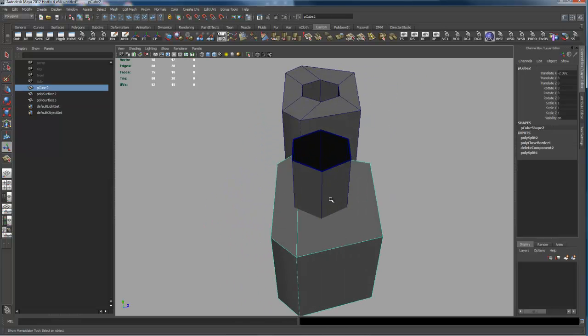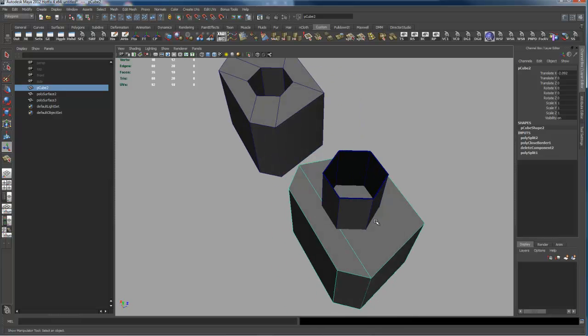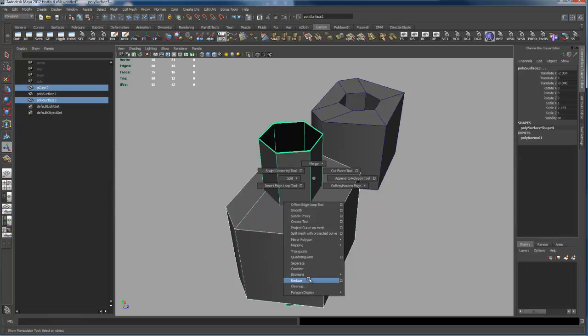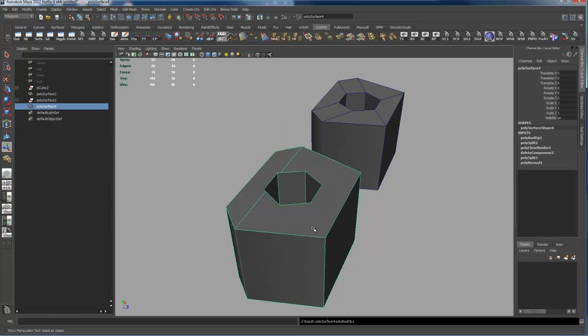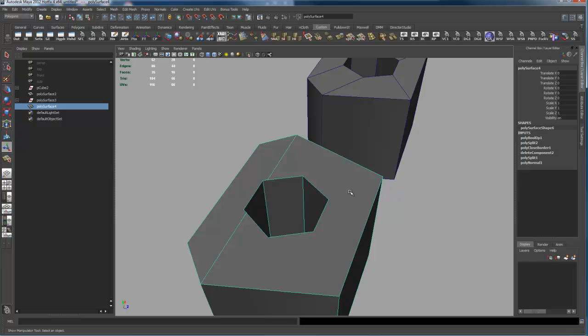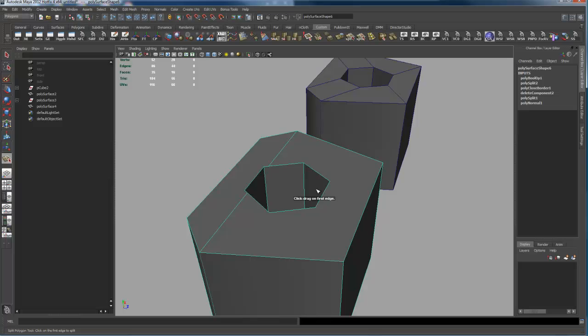So now I've got this cutter going through this polygonal face, and I've already got an edge that it's going to clip through. So if I do a Boolean difference now, I've already got an edge connection established between the outer perimeter of this polygon and this hole. So Maya will let me split now